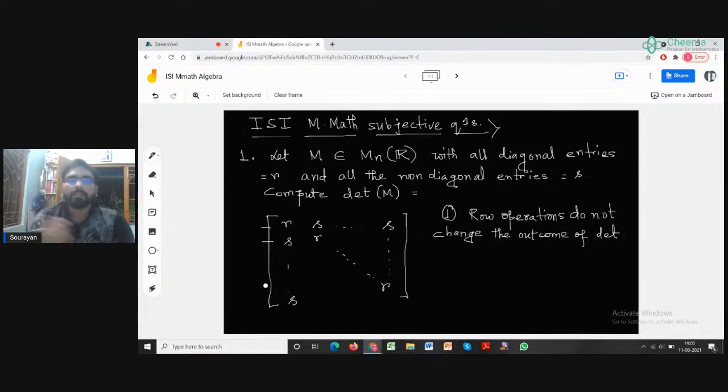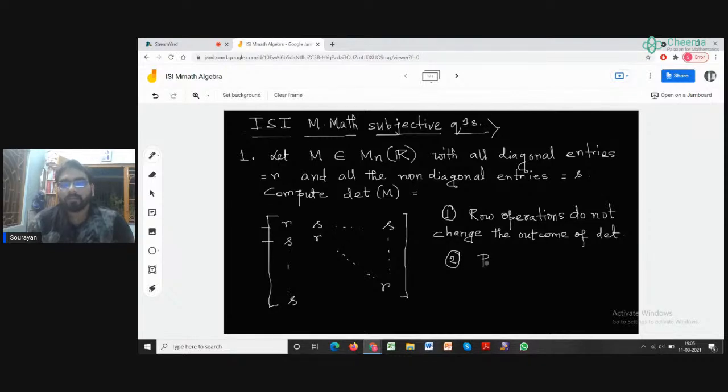Of course, if I multiply by a certain scalar, then the determinant will get changed by that scalar. But row operations that do not do that do not change the determinant. That's the first thing. And the second thing is that